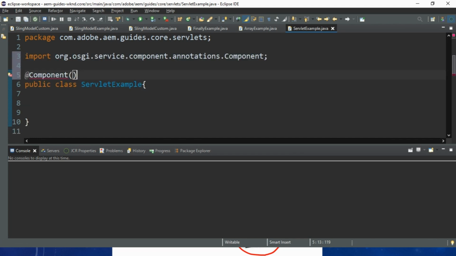Now when I define @Component, that means this is part of your OSGi service. Okay, this is the thing. After that I'm simply extending, this is my normal class. Now I'm converting this normal class into a